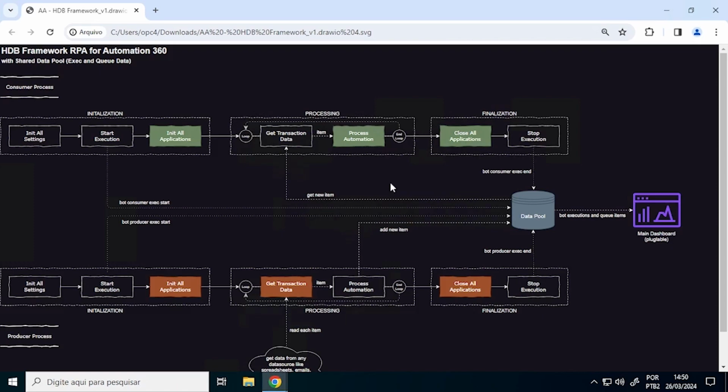Any other exception not mapped would be then considered an application error. This could be caused by the internet going down during the automation execution or the web page simply not loading correctly, for example. In any case, all rows that get application errors automatically have a screenshot taken, also for logging